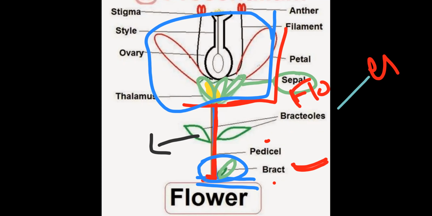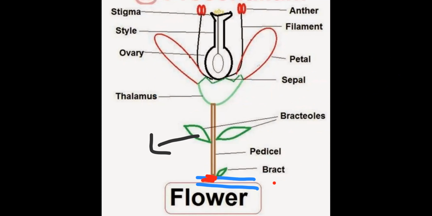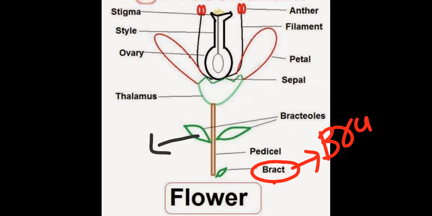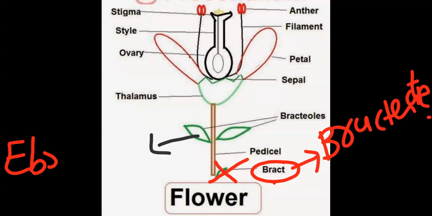Now, my question is, can I say that all bracteate flowers, or first of all, before that, I can say this thing. If bract is present, we call it a bracteate flower. Bract is not always present in all flowers. It might be absent in some of the flowers. So if bract is absent, we call it an ebracteate flower. If present, we call it bracteate. If absent, we call it ebracteate.